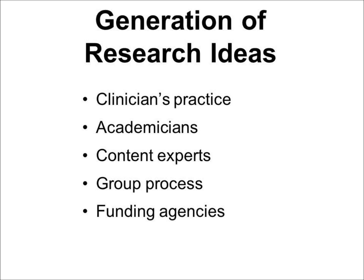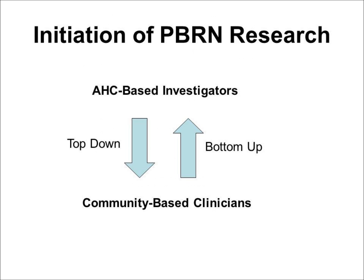Funding agencies are also, of course, very inspiring for getting research ideas, as we all know. They're actually very interested in practice-based research networks, and are targeting RFAs more and more to PBRNs, which is gratifying to see. So there's this dynamic in practice-based research between top-down and bottom-up, top-down being academic health center-based